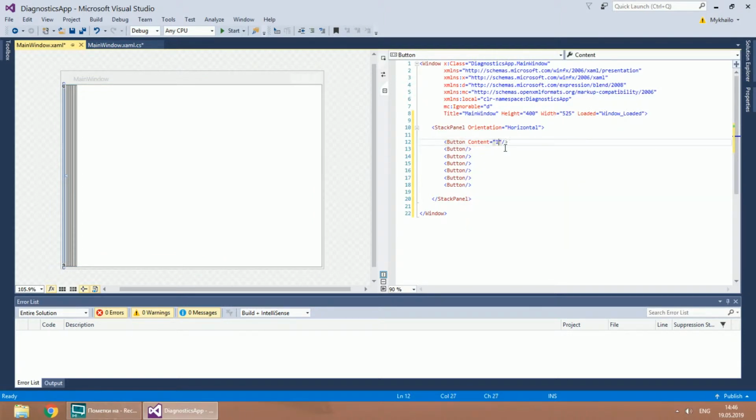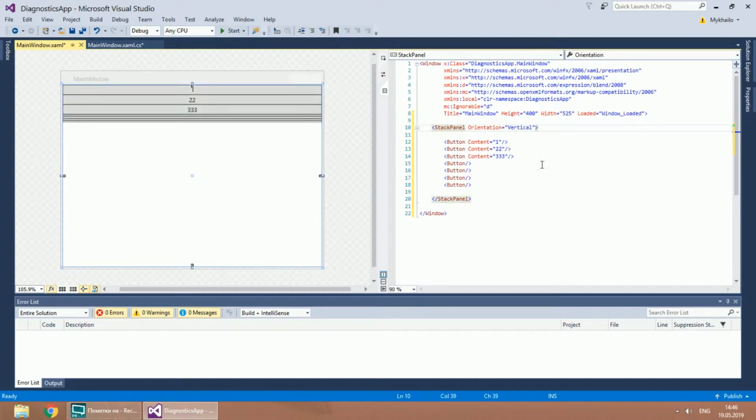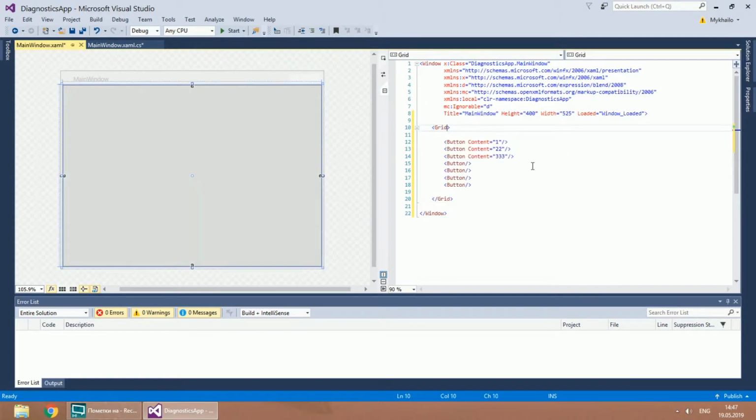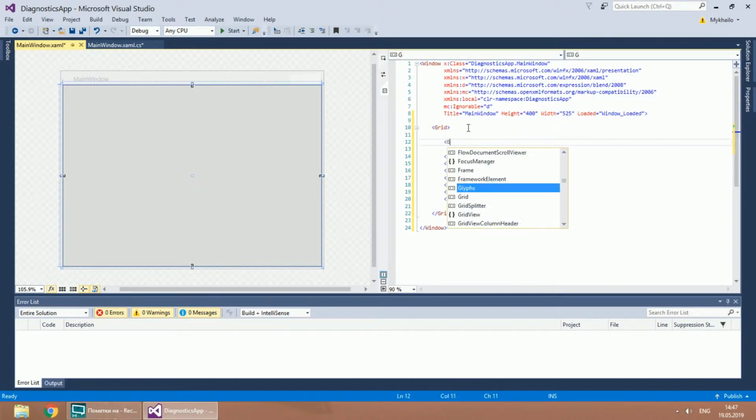Sometimes I wouldn't recommend using a stack panel at all. For example, if it has horizontal orientation and you add several buttons with different text, each of them will have a different width. If you need something more complex with columns and rows, you will use a grid, which provides all of that. Unlike a stack panel, a grid occupies everything available. If you define no columns and rows, elements will be placed on top of each other.